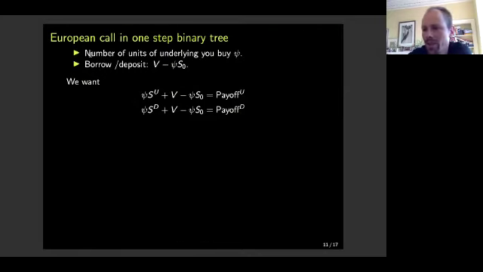We have the diagram that unfortunately now is gone, but effectively we need to choose how much of the underlying we buy, call that psi, and how much we want to borrow or deposit, which is the initial amount that I put in minus all the money that goes into the underlying, which is however many units I bought times the current price. And then if I want to match the payoff of the option, then I would need to solve these two linear equations with two unknowns, and we probably all remember from school how to do that.